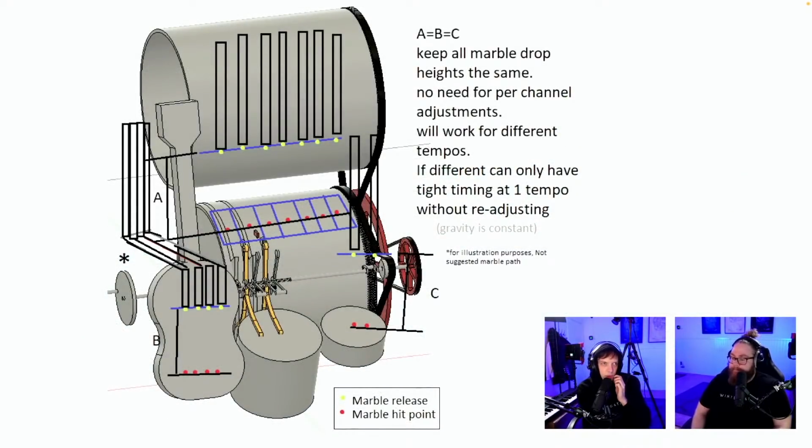ABC, keep all marble drop heights the same. No need for per channel adjustments. Will work for different tempos. If different, can only have tight timing at one tempo without readjusting. Yes, I talked about the different...